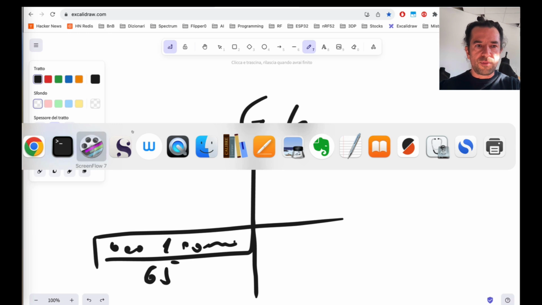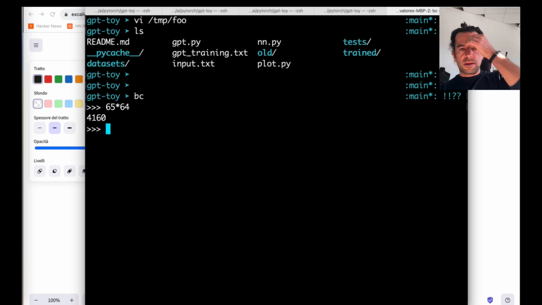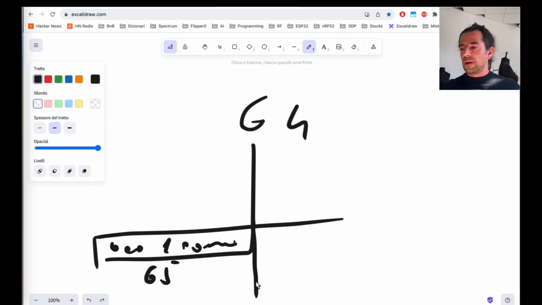And so if we do the math here, it's a lot of inputs. If I want a larger context input, this explodes and becomes huge.